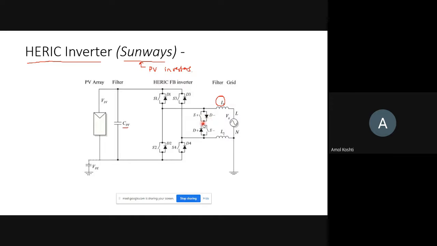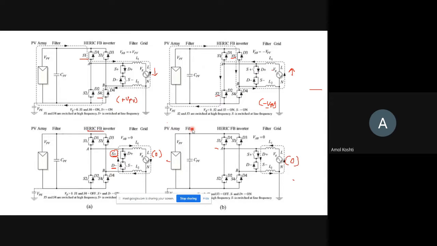In parallel to this grid, and they switch that particular circuit to produce the AC output here. They first produce the plus VPV, that is first level, then they produce again 0, then they produce the negative half, and again they produce 0. So if you observe, 0 is common. It doesn't matter whether this is for the positive half or for the negative half, 0 is 0. So 0, then plus VPV, and minus VPV. So again three levels of output is produced here.